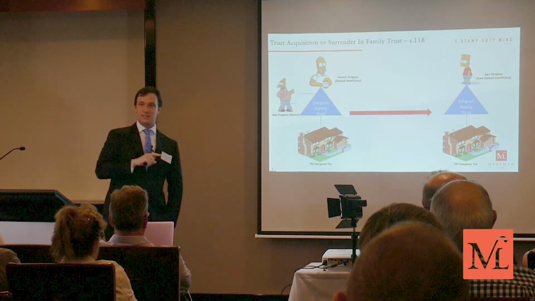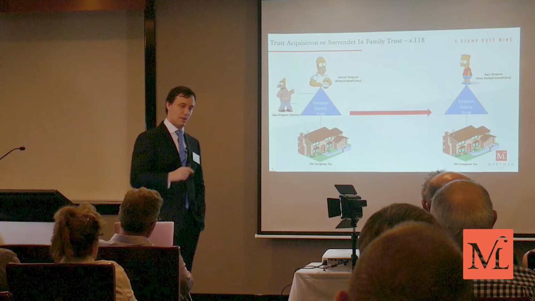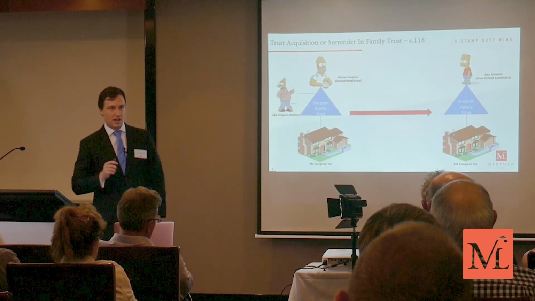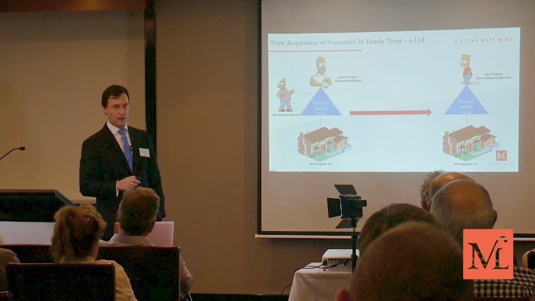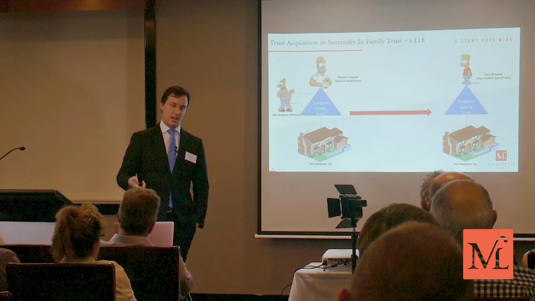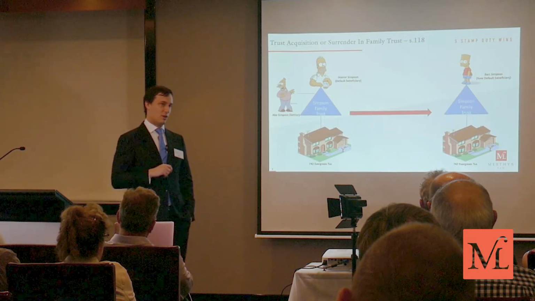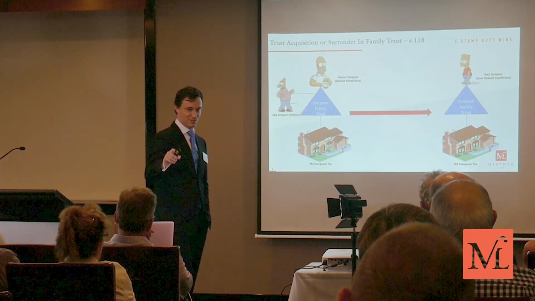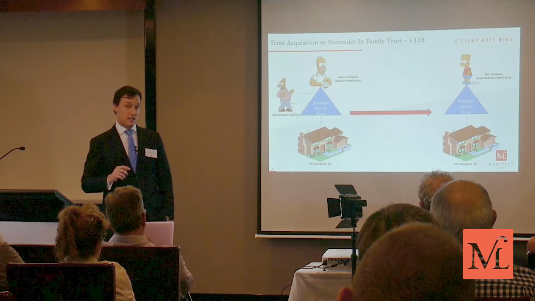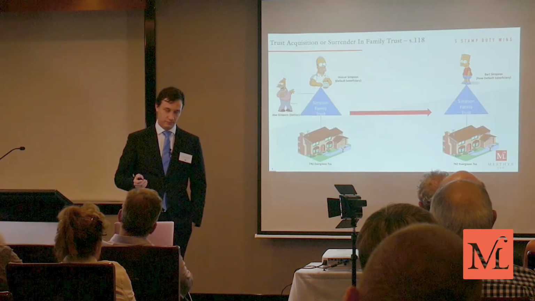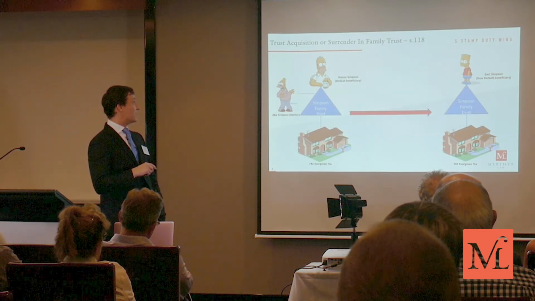And what 118 says is that the trust needs to be maintained primarily or principally for the benefit of the family. And OSR has traditionally taken a very narrow view of that particular clause, by which they say, look, if you've got a very broad beneficiaries clause, that trust is not for the benefit of that particular family because it's not narrow enough. Of late, however, we've been seeing a relaxing of that attitude, and they're currently saying if Homer